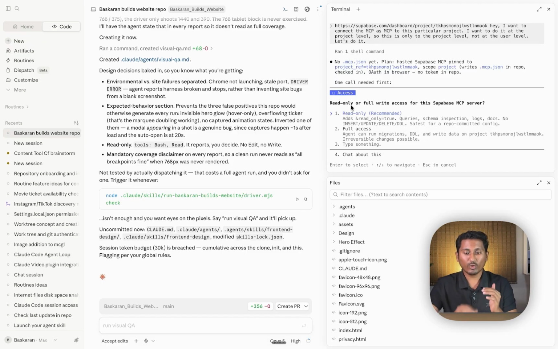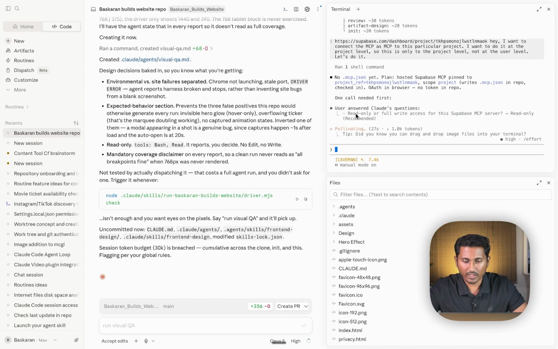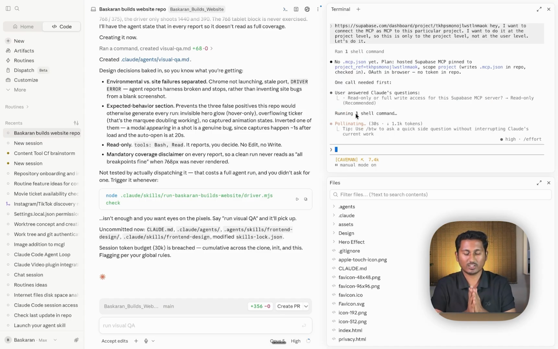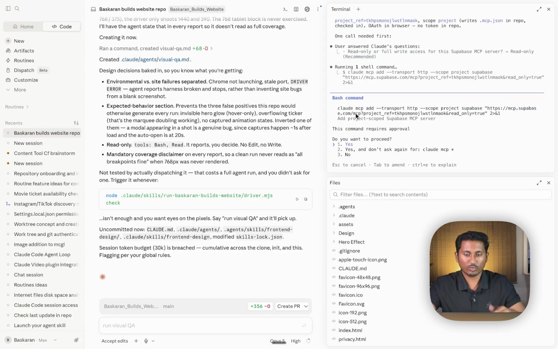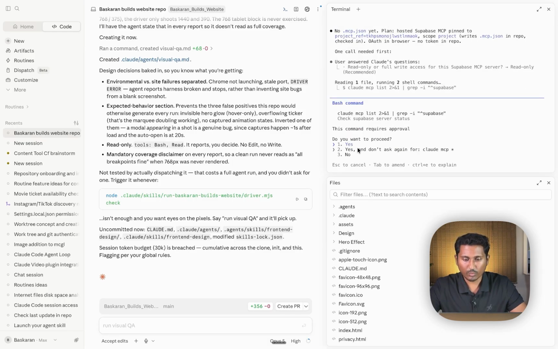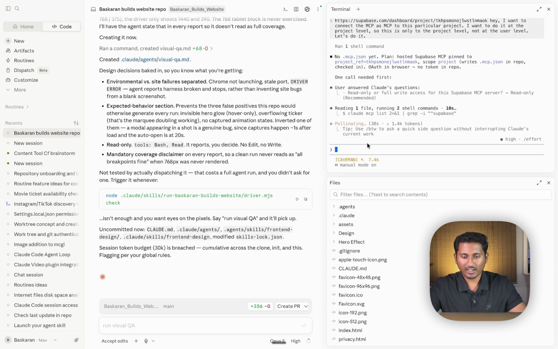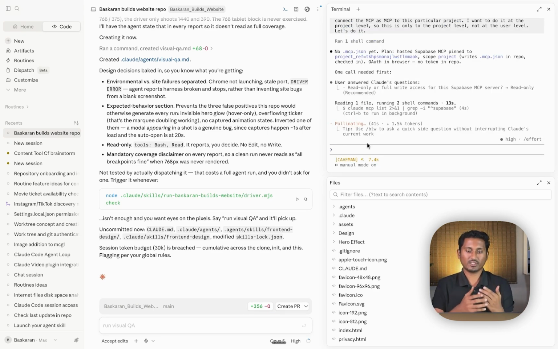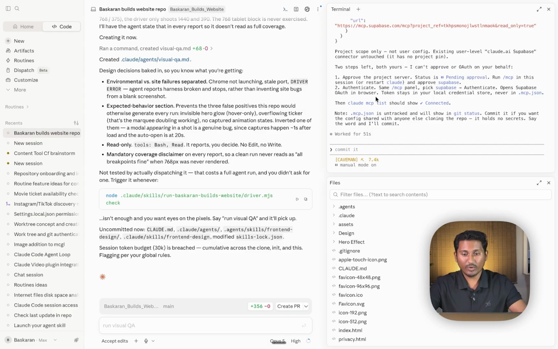Do you want the read only or full write access for the Supabase MCP server? I'm okay with read only access. If you want full access, you can do that, but I'm just going to say read only access, because I just want to understand what is in the project whenever I want to understand that. But I'm going to say yes. Of course it's going to ask more questions, because if I say no, it's not going to ask any question. But for now I'm going to put yes, and this will update the permissions as well. Okay, so right now it's created that